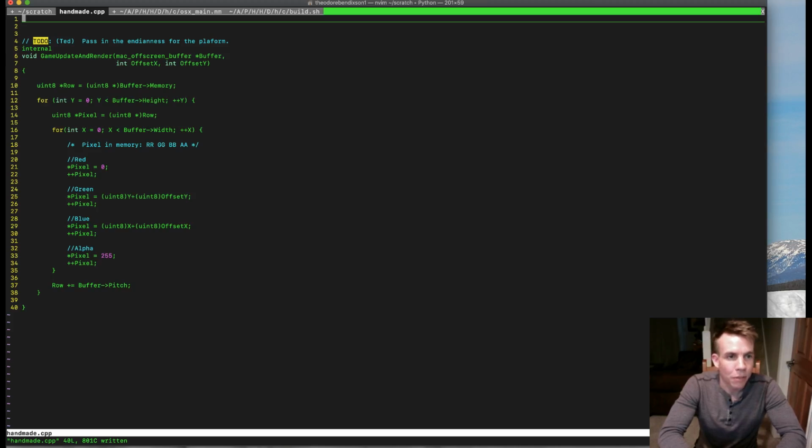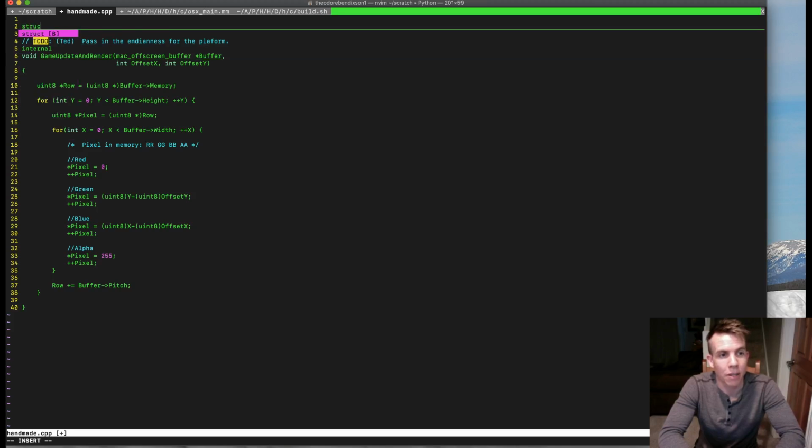So already one thing that you'll note is the first parameter in here, this Mac off-screen buffer, right? Remember, if we're actually in a cross-platform game, we want that to not be a concept in the cross-platform code. So we already know automatically that this needs to change. We want something that retains all of the same qualities of the Mac off-screen buffer, but just has different naming. So let's call it game off-screen buffer,